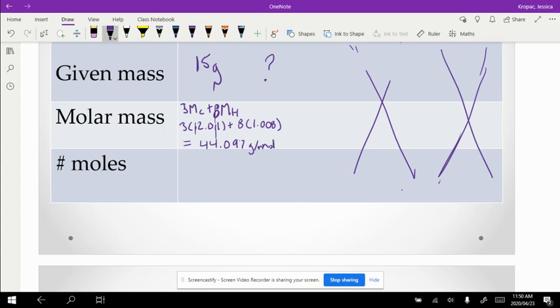All right, while I'm here, I might as well find my molar mass of oxygen because I'm going to need it at the end. So while I've got my periodic table in front of me, I'm going to calculate that as well. For my molar mass of oxygen, I'm going to multiply it by 2 because I have 2 oxygens in this case. Each oxygen, if I take a look at the periodic table, is 15